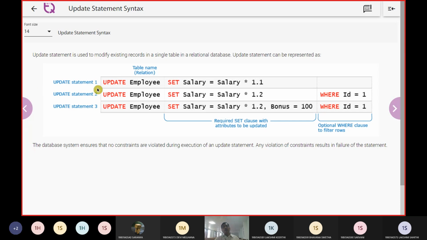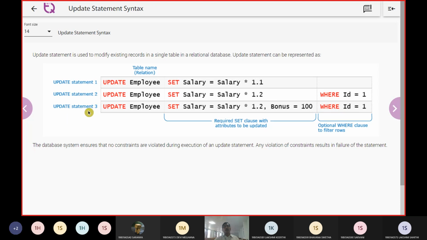The second way of using an update was that we can update the employee table by setting it with some 1.2 and fitting it up with some condition with an identifier which it is going to satisfy as 1.